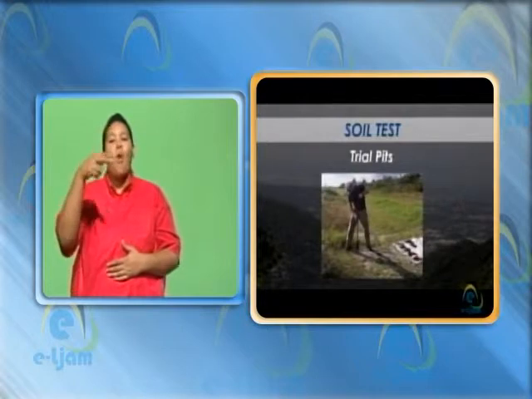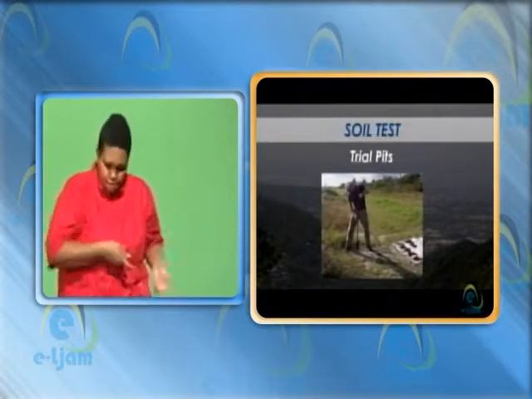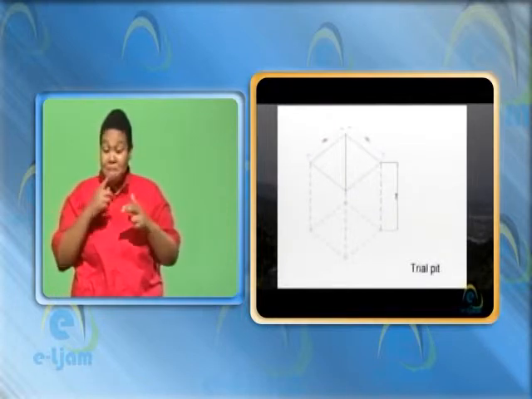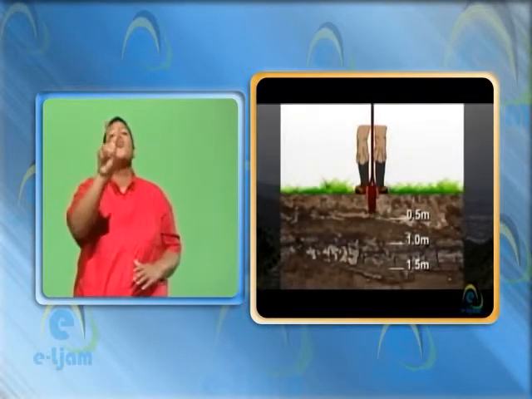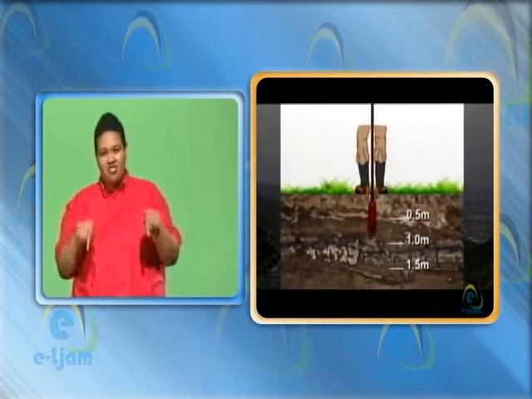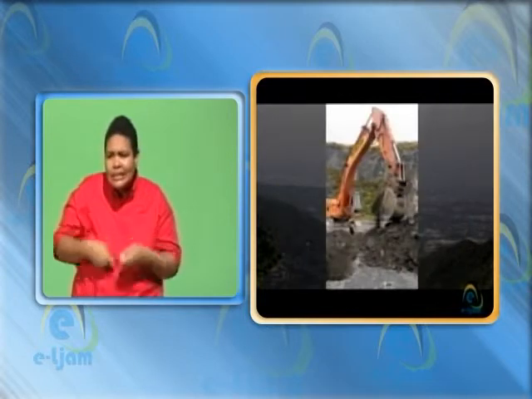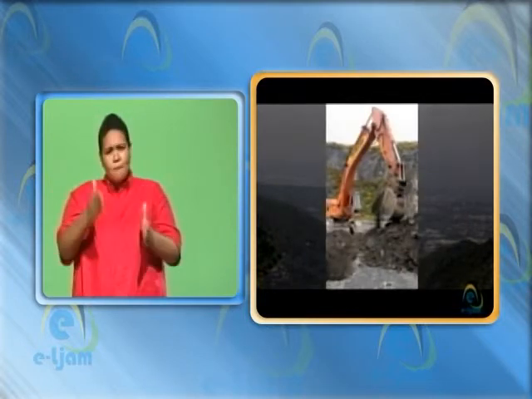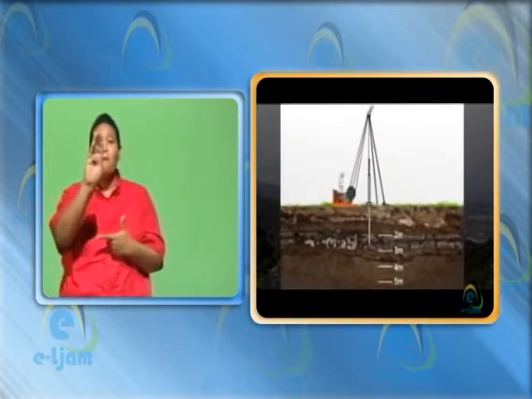Trial pits are dug using a hand auger outside the perimeter of the proposed building. The pits are about 1.5 meters deep and 1.25 meters square. An inspection of the sides of the excavated pits will give the engineer information regarding the soil layers. Boreholes. Boreholes are drilled